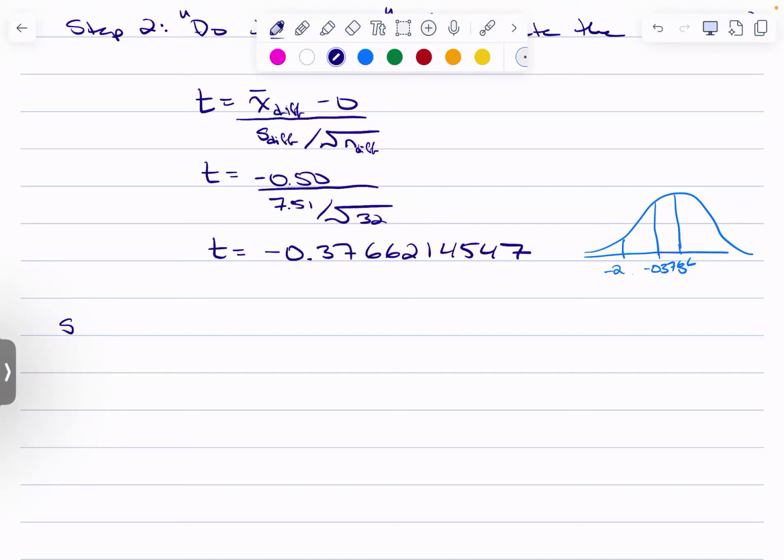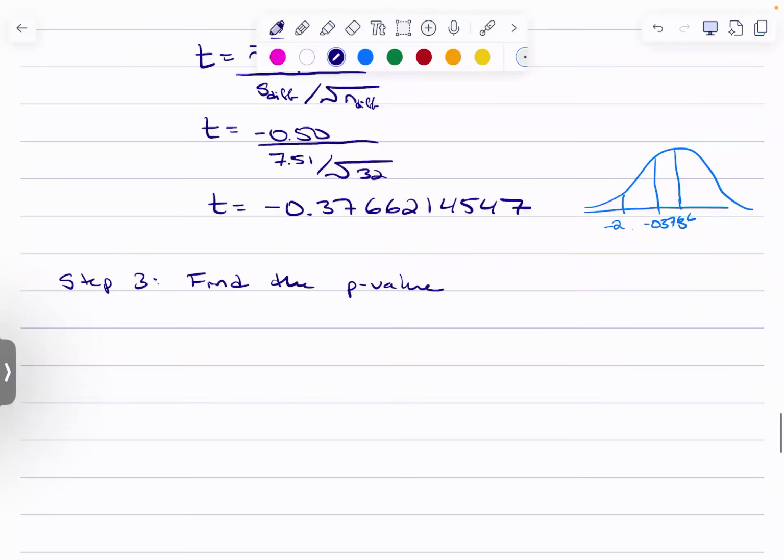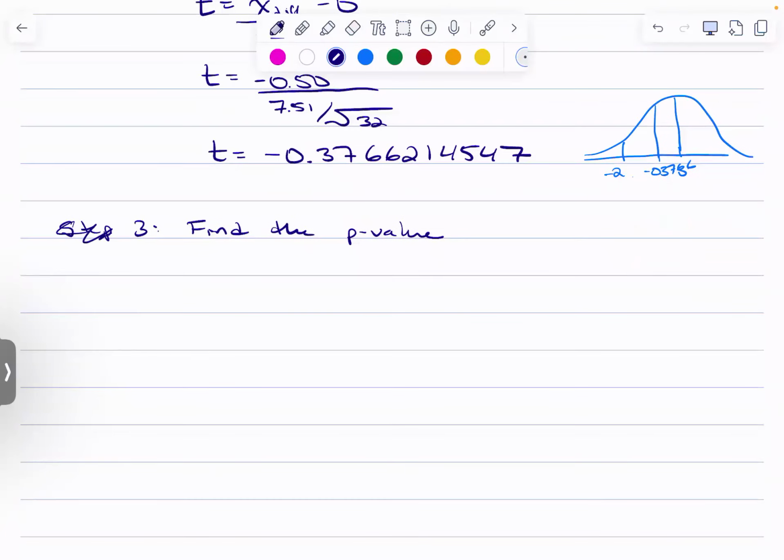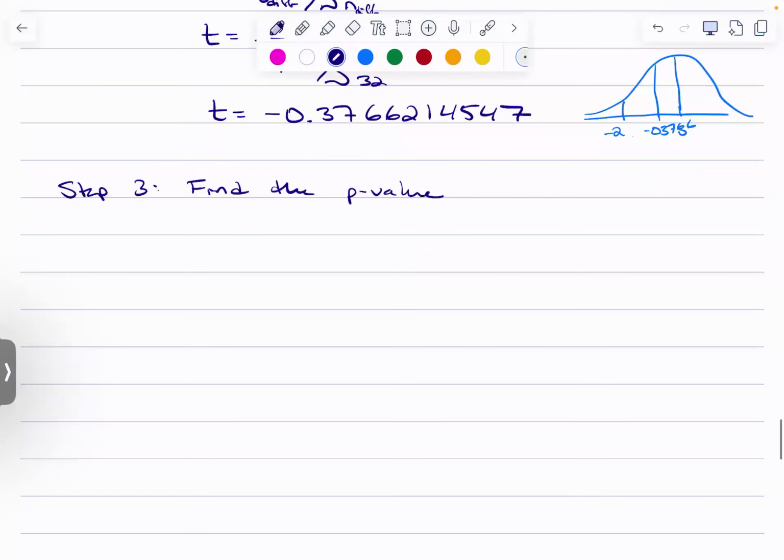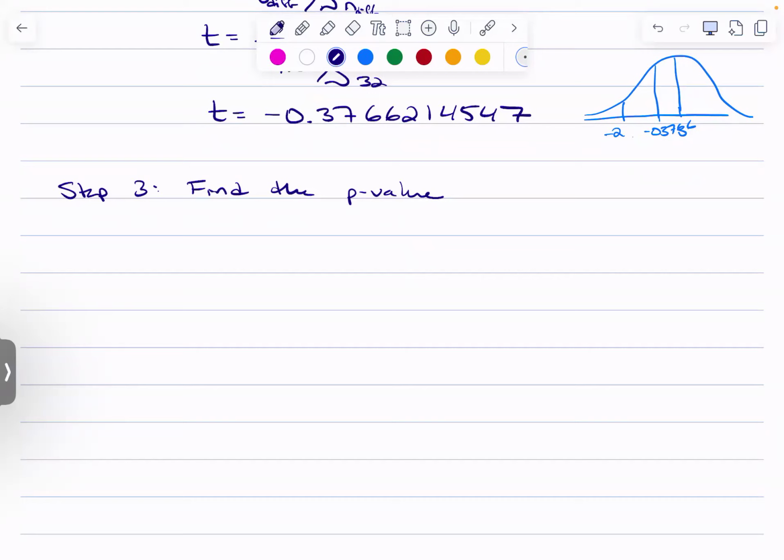So once you have your test statistic, step 3 is find the p-value. I like to write out everything that I'm doing. I encourage you to do the same, because it also helps guide you along to what you're supposed to do. And so, using the T table,